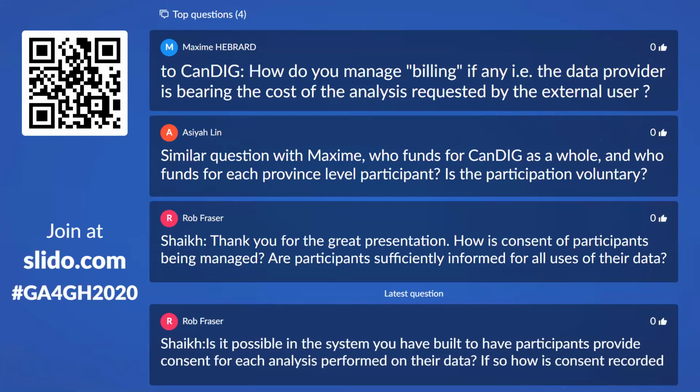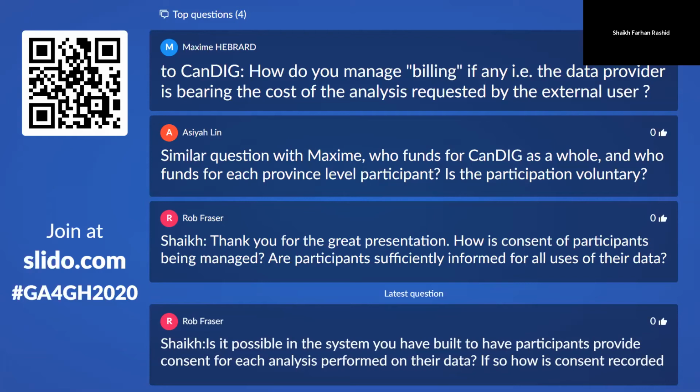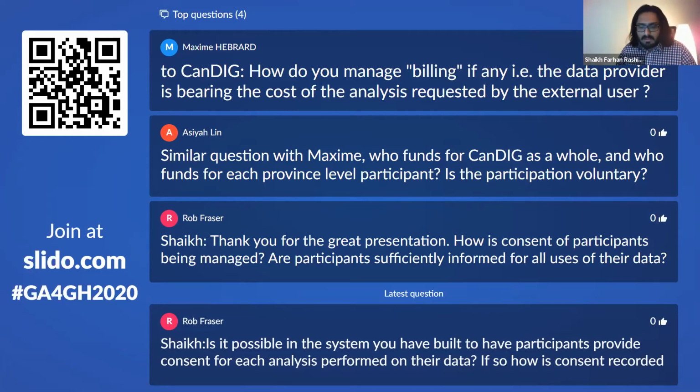In terms of CanDIG, I don't have the complete picture of how billing and costing will work in the CanDIG model. However, in general, the funding for infrastructure in terms of hardware and software development is usually provided federally and provincially with institutional contributions.